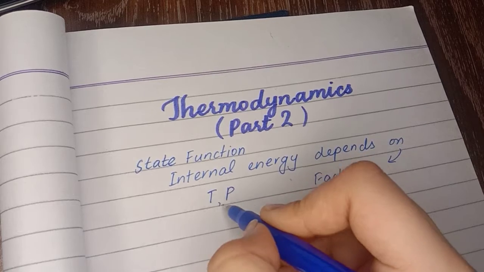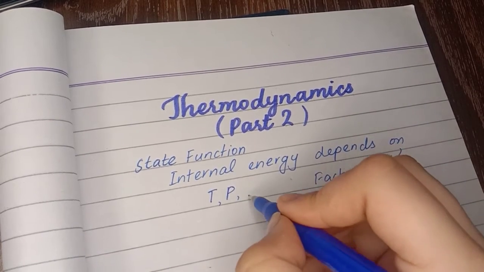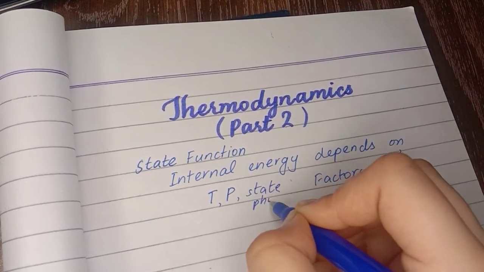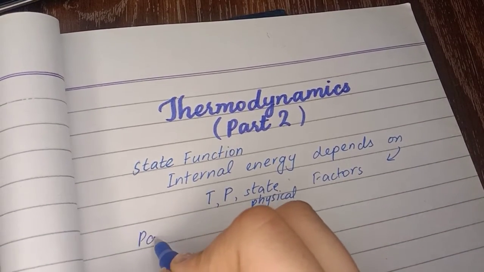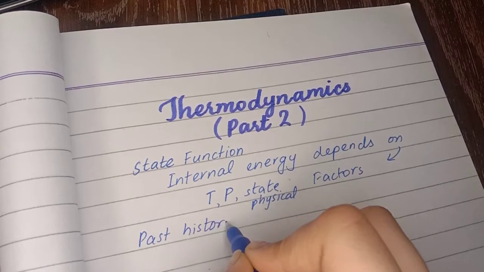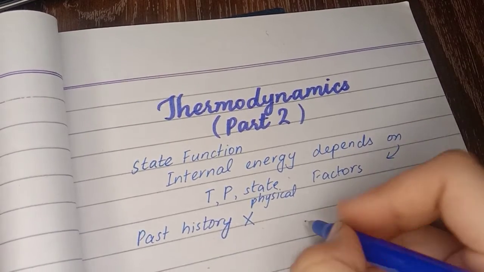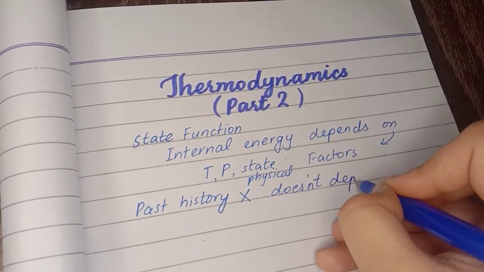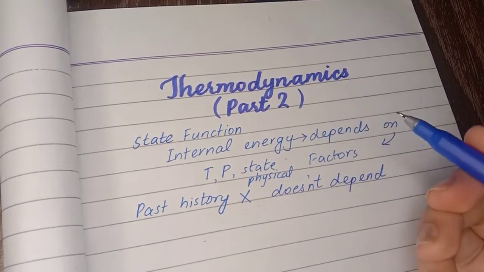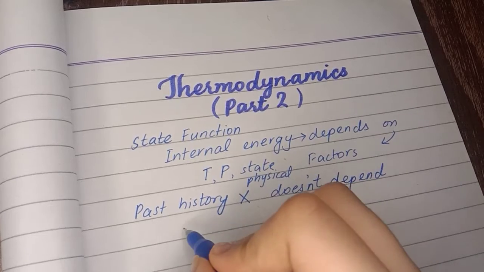It means that it doesn't matter what the system's temperature or physical state was an hour ago, and it doesn't matter how much the chemicals were obtained. All that matters is the present condition of the system. So, internal energy is said to be a state function. We're linking this topic to the previous topic in the previous video,